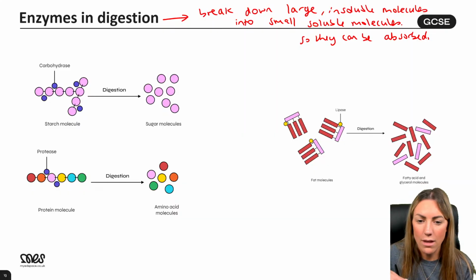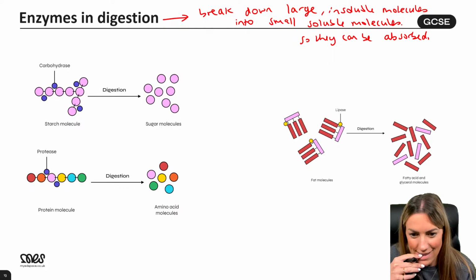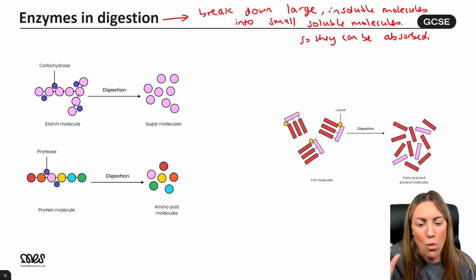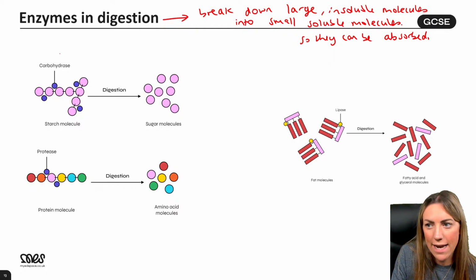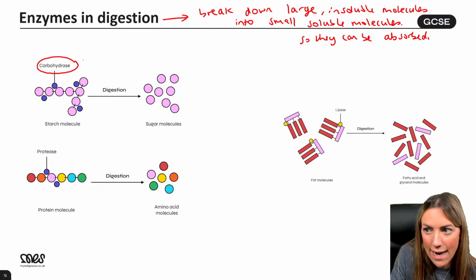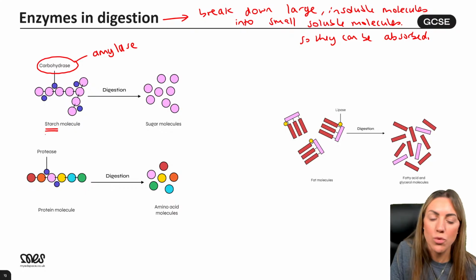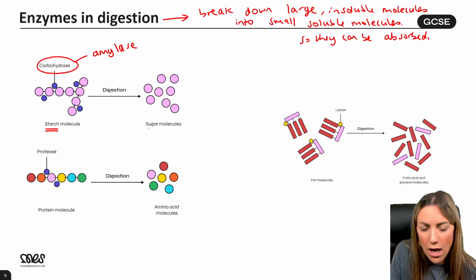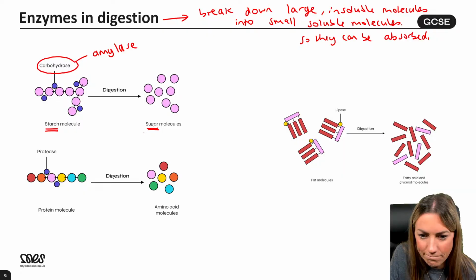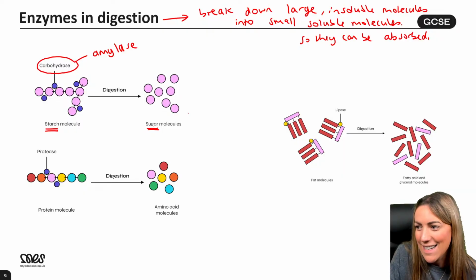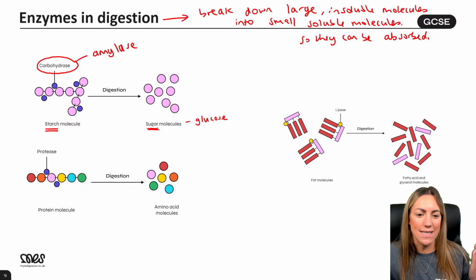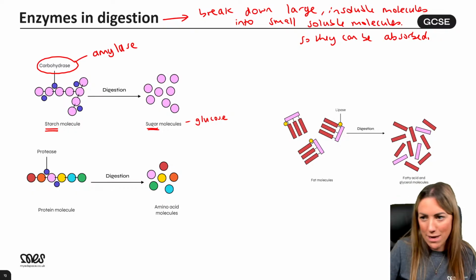Yeah, in the small intestine. Right, so what do we need to know? Let's just kind of circle the enzymes. So carbohydrates, or you can call it amylase, digests starch, which is large and insoluble, into sugar. What type of sugar? Because we can be a little bit better than that, can't we? What type of sugar? Simple sugar, yeah. Glucose. Glucose, which is just a simple monomer, right? It's small, it can be absorbed.